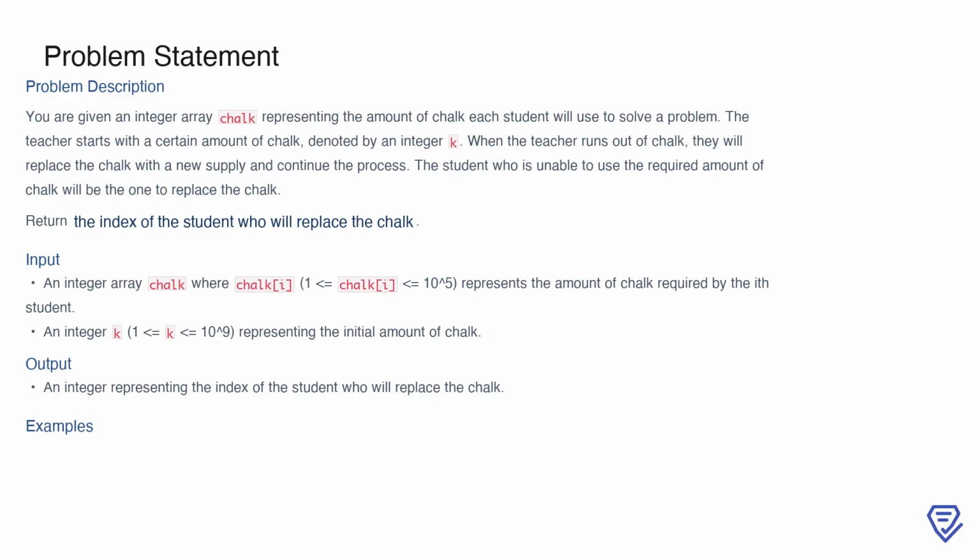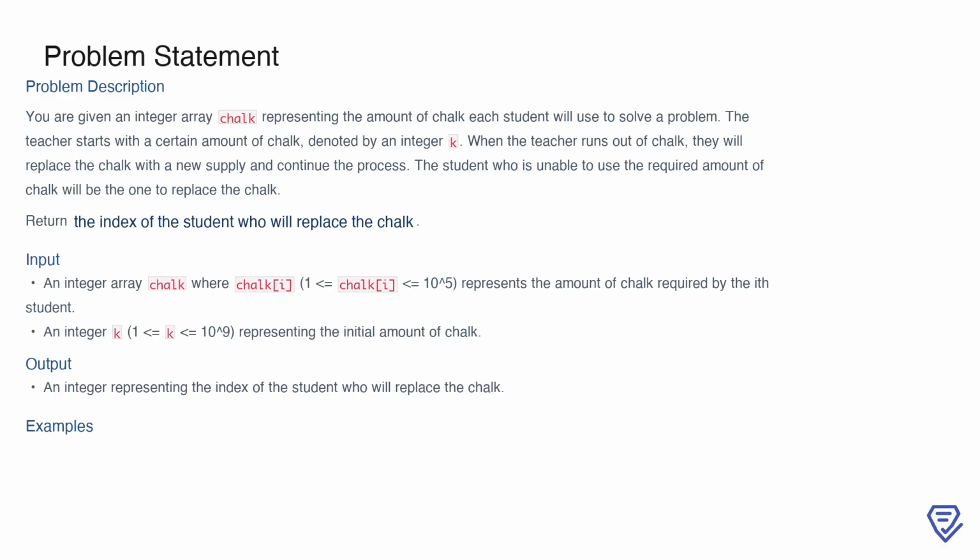teacher runs out. You are given an array called chalk, where each element represents the amount of chalk a student uses in one turn. Additionally, you are provided with an integer k, which is the initial amount of chalk the teacher has. The process involves students taking turns using their respective amounts of chalk. When the chalk runs out, the student who cannot take their full required amount is identified, and their index is